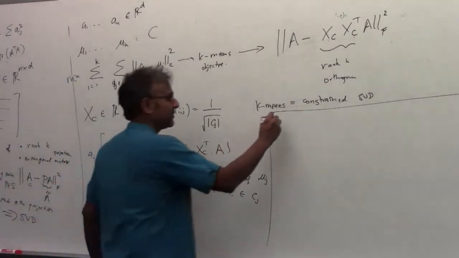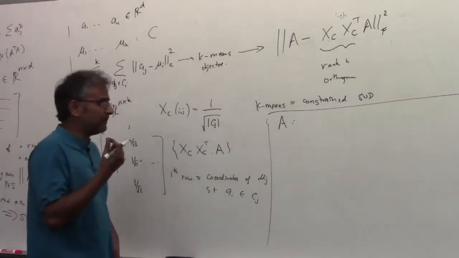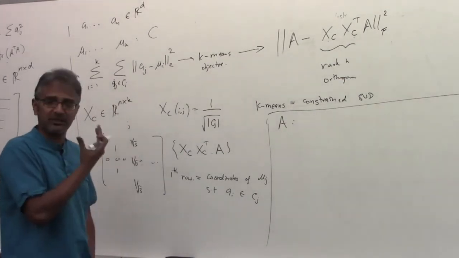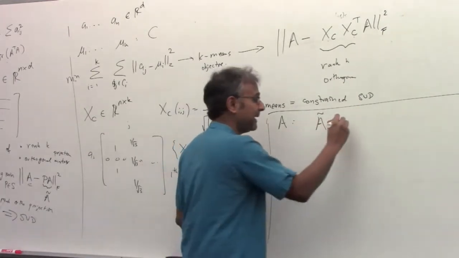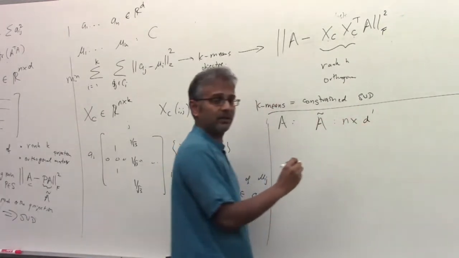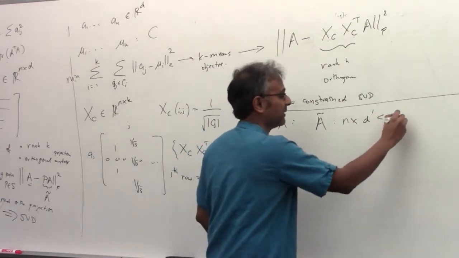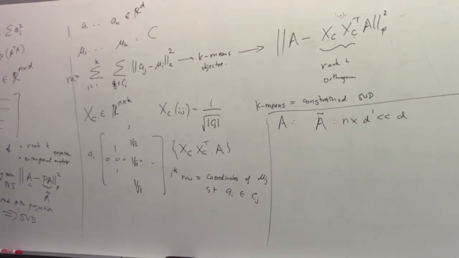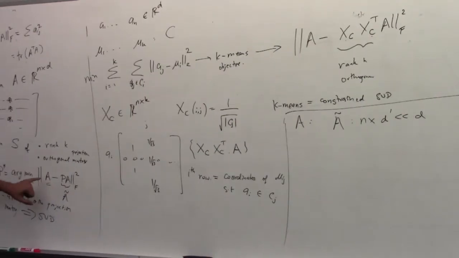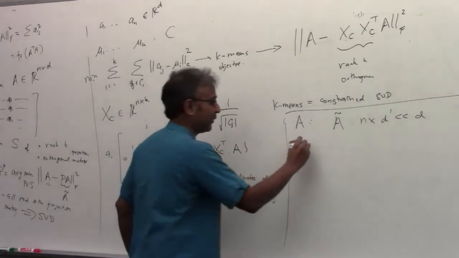So I have a matrix A, which is n cross d. What I'm going to compute is some kind of sketch of this matrix, some kind of approximation of this matrix. We'll call it A tilde, whose dimension will be n times d prime, with the idea that d prime is going to be much, much smaller than d. With the following property, that whenever I want to compute this thing here, and I replace A by A tilde, it doesn't change things very much. In other words, if I take any projection matrix and I look at this cost,